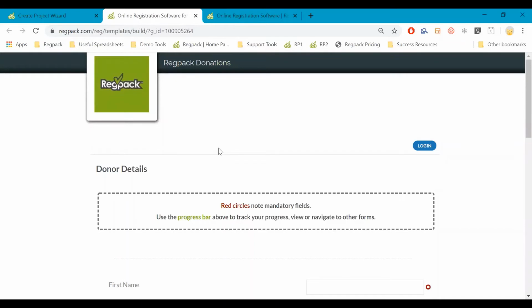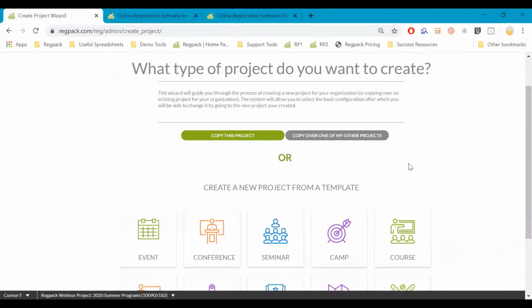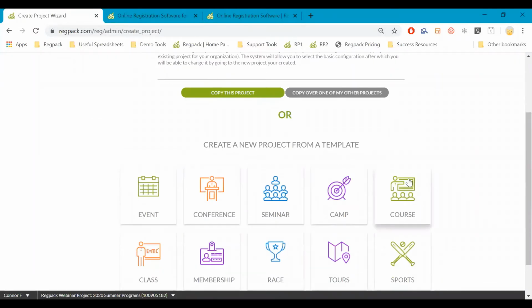So I'll go ahead and show you some of the structure of how to set something like this up as well. But as I'm doing that, I'm going to focus as well on the idea of an online course or program. We want to encourage you, as we're all trying to figure out how to maximize how to still engage with our community, different ways that you can offer your programs or offer your services. And so offering an online course, whether it's